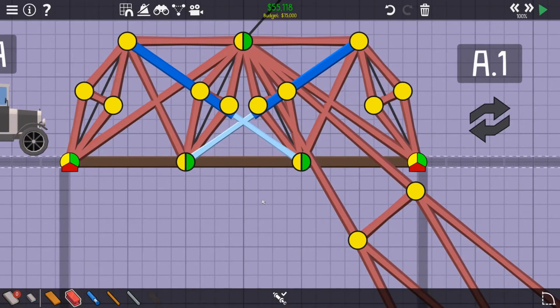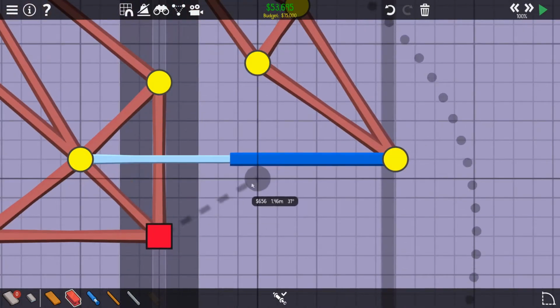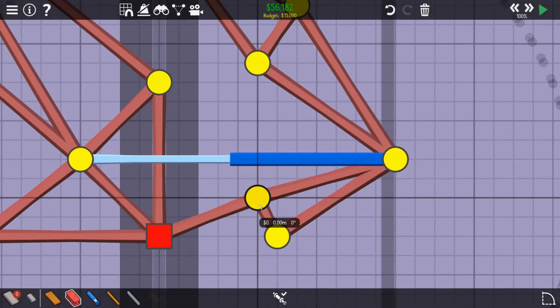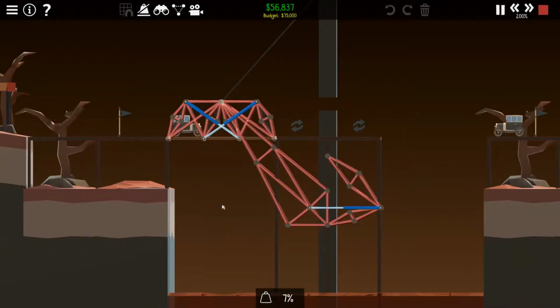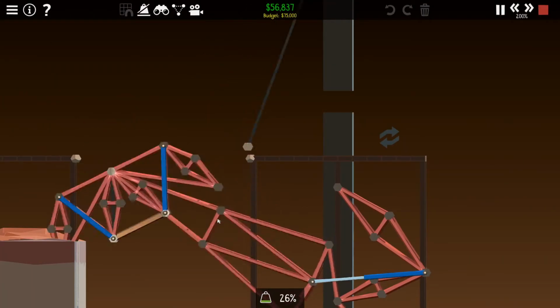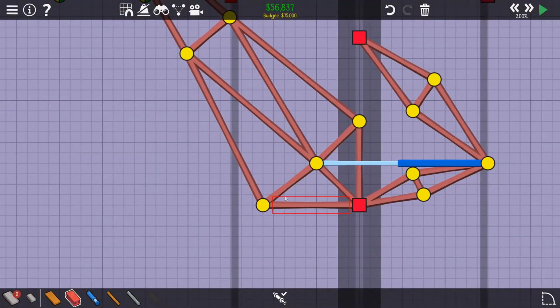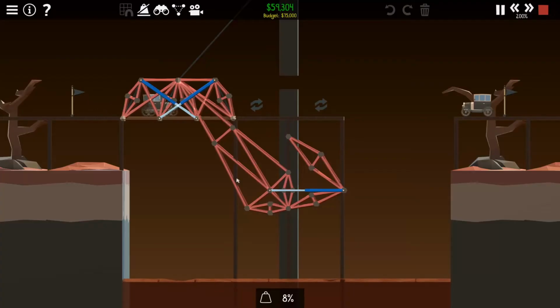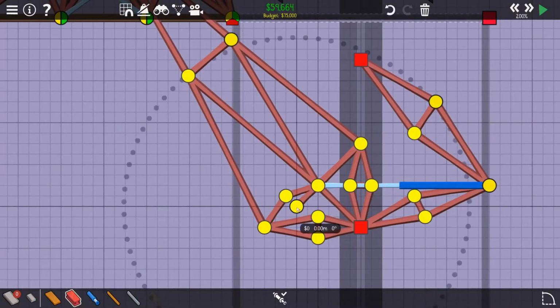I'm not entirely sure why that breaks first, but maybe we just need to beef up this piece of steel here. So now it disconnects, but this is not strong enough, is the main problem. So now we just have to deal with everything being too heavy to actually move properly. Yeah, we really just need to beef up all of these